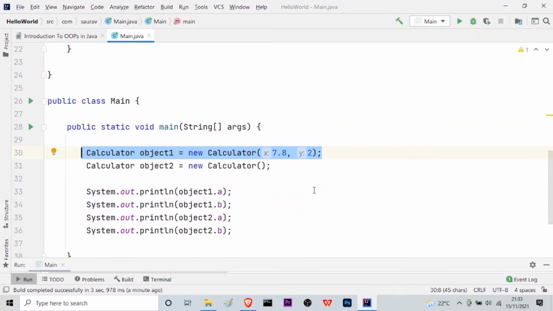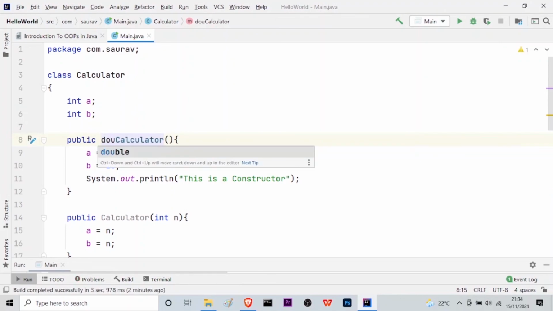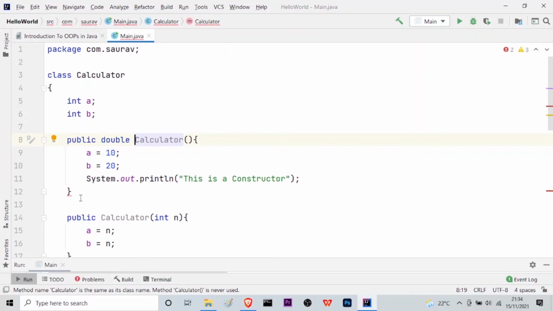And finally, before ending this video, I want to tell you one more very important thing, that a constructor does not return anything. Therefore, we cannot write any data type in front of the constructor. So if I write int, you can see it will give me an error, as you can see here. And if I write float also or double also, it will give me an error because a constructor does not return anything. It gets called in order to create the object. So depending on the way we call the constructor, it will behave likewise.